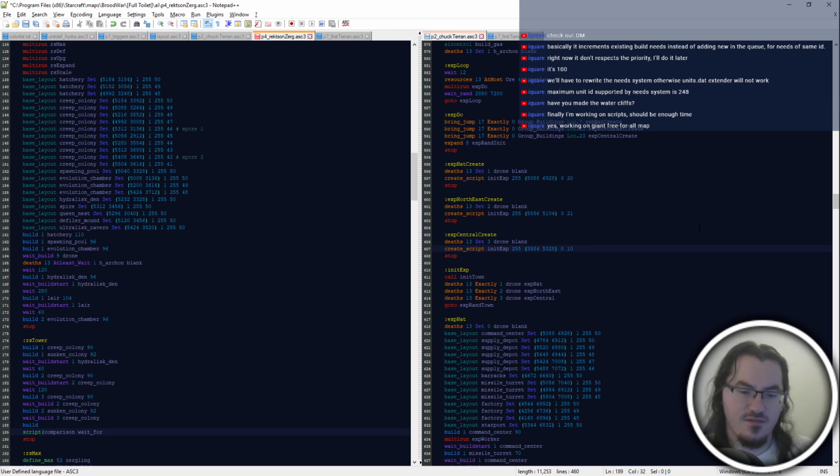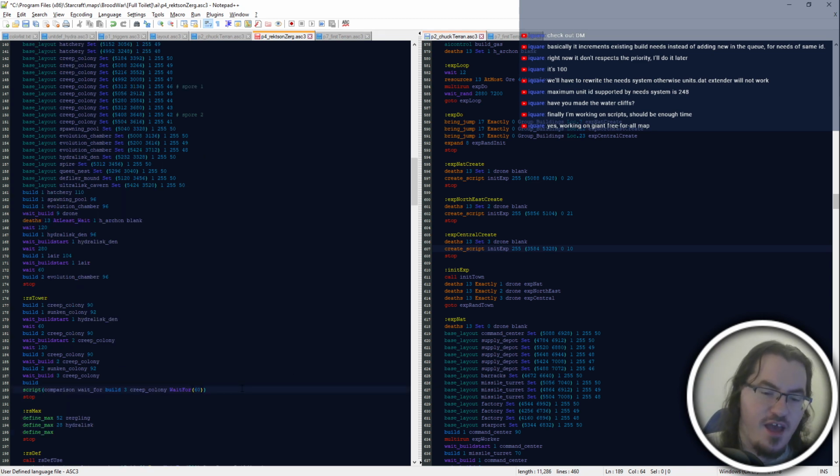And then, wait build. Well, we could just say build, and then there's like build start, and a couple other things. Wait for build 3 troop colony. Wait up to 5 seconds. Something like that. I mean, I don't know what the syntax would actually be, but I feel like that would be